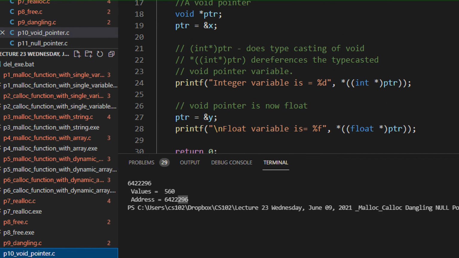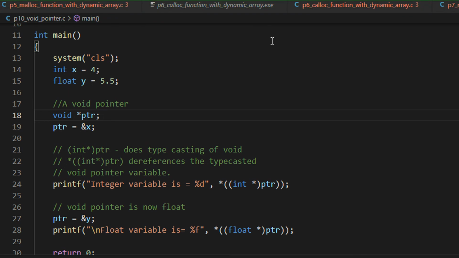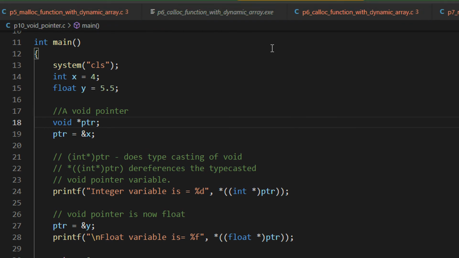Again, the concept of void pointer. So void pointer, as like when you do functions, what is functions? When you return something like, let's say void sum, which is returning the sum of two variables. So void means the function is not returning anything. So similarly, a void pointer is like I am declaring a pointer. So PTR can actually hold a memory address, but as of now, it is not clear what memory address it is holding, right? So we can later use it for typecasting. So we will see how it happens.